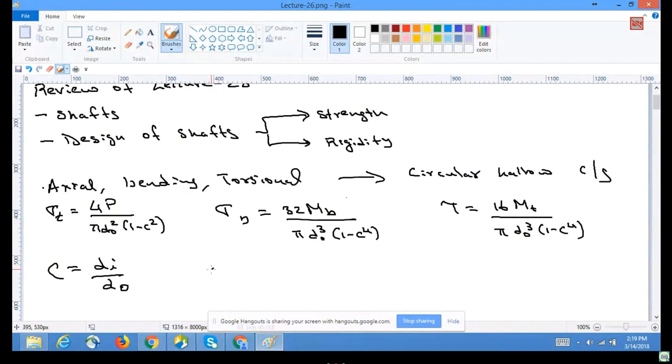And for solid shaft, di is equals to 0. That implies C is also 0. That will give you kind of hollow solid cross section. And based on the Mohr circle concept,